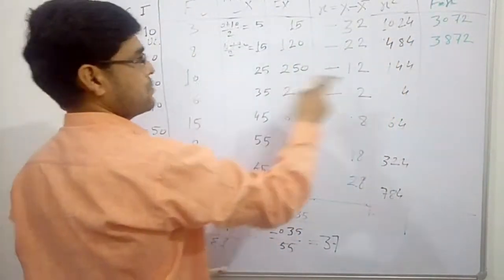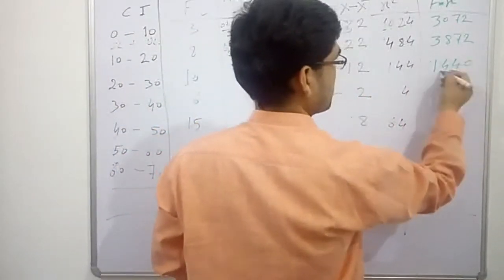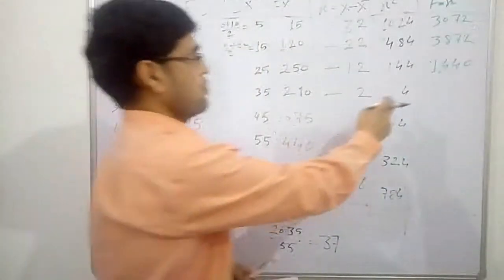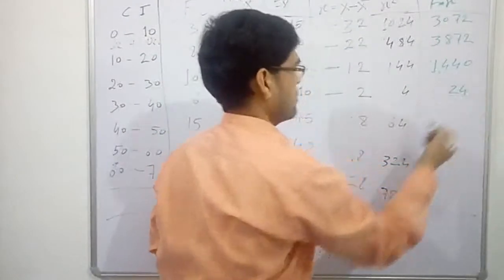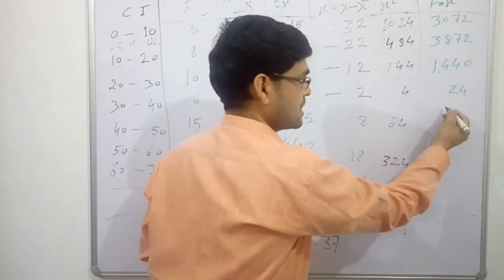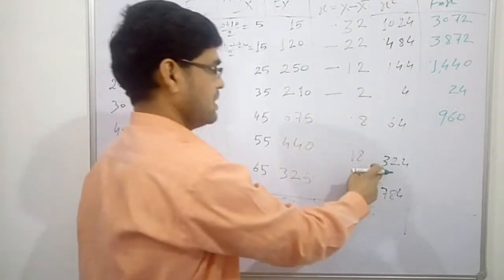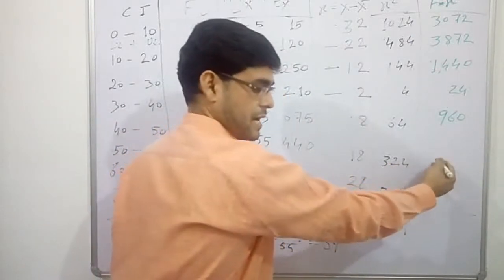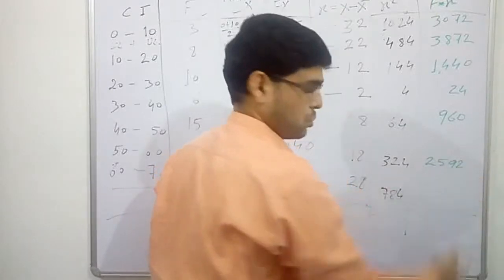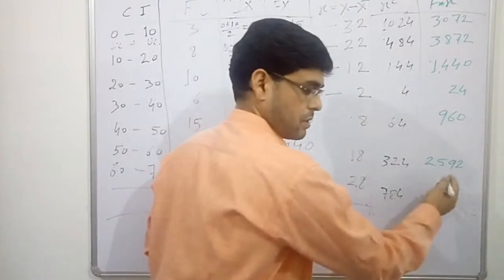10 into 144, we have 1440. Right? 6 into 4, we have 24. 15 into 64, we have 960. 8 into 324, we have 2592. Okay, and the last one, 5 into 784, we have